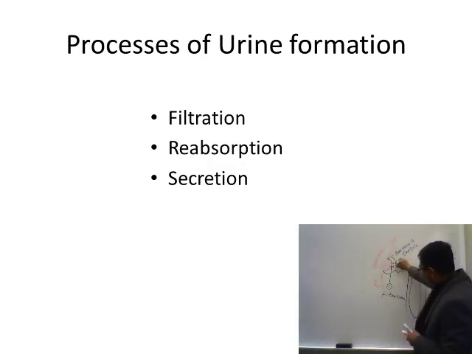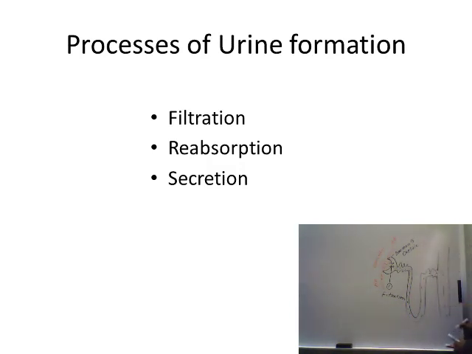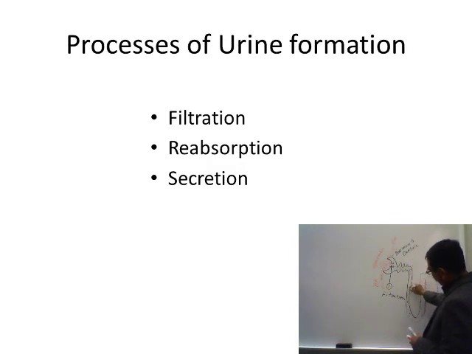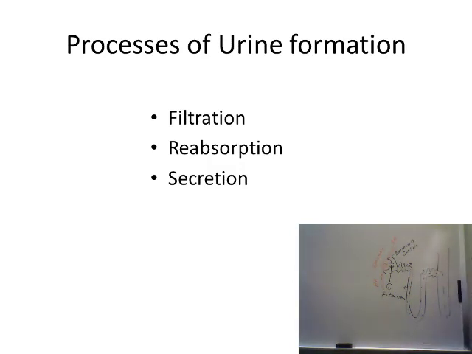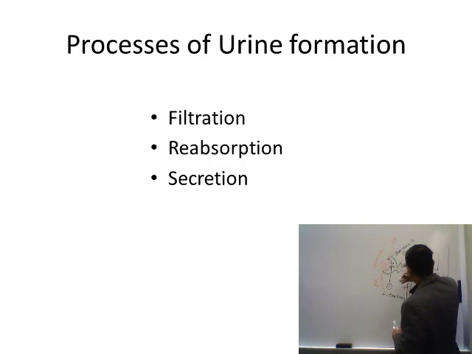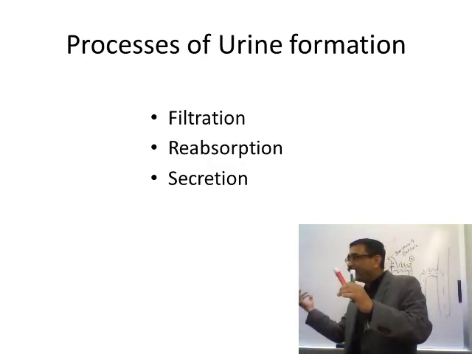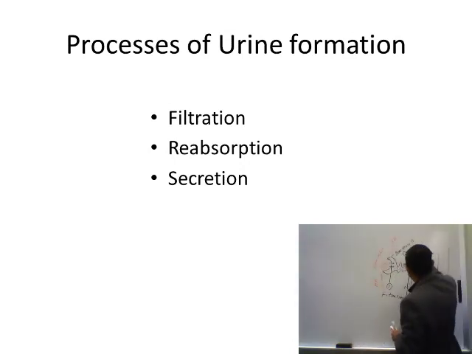Then the fluid starts to pass through the nephron like this, and while the fluid passes through the nephron, through the wall of the nephron, water and some electrolytes get back into the body. Leaving the nephron means going back into the body. Remember, this is very important here. Outside of the nephron is the body, tissue. So, some water and other chemicals get out to enter back into the body. And that process is called reabsorption, taken back into the body. So, reabsorption is what? Taken back into the body from the nephron. So, this is process number 2,